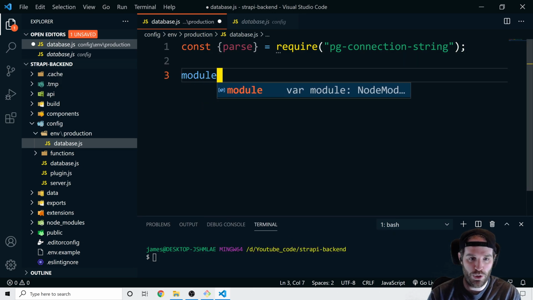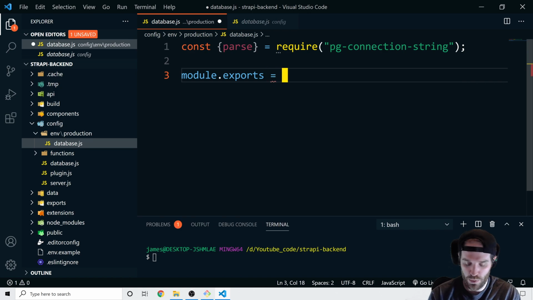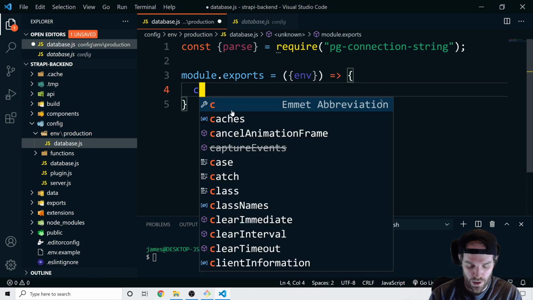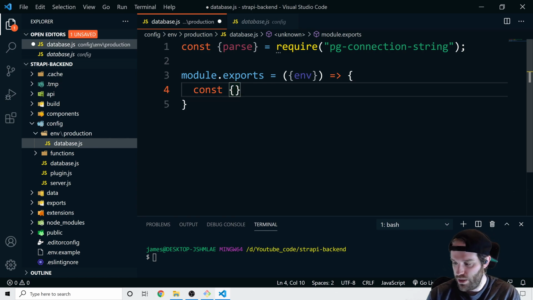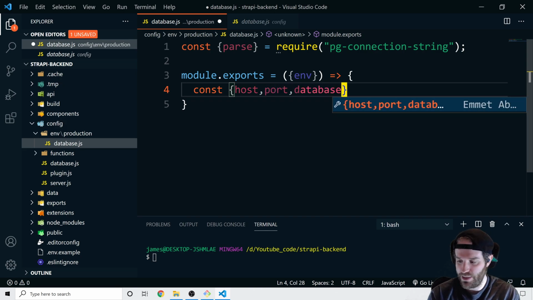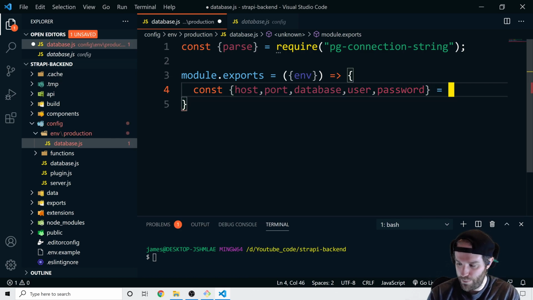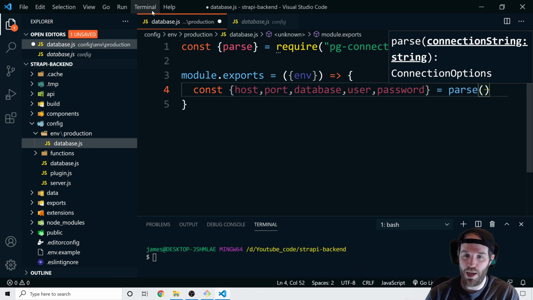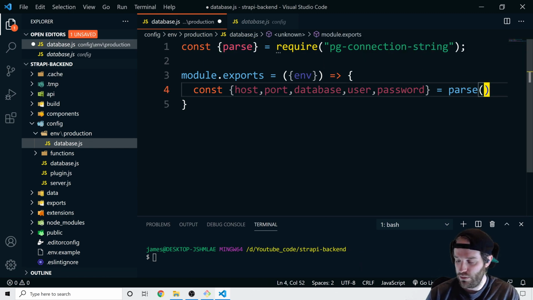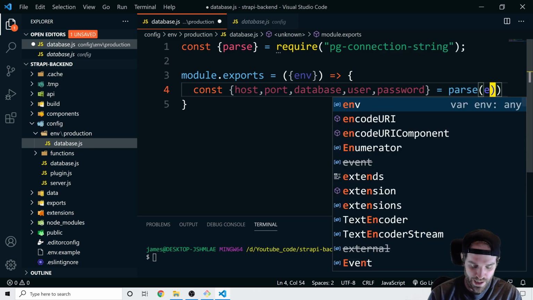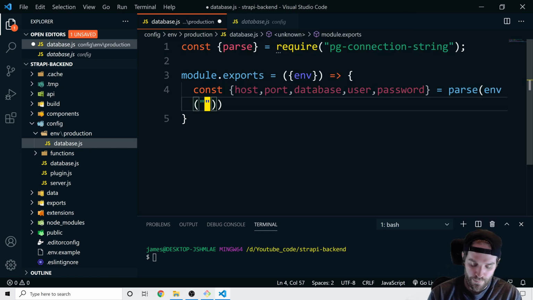Then we can do module.exports equals, and then we're going to pass in the env again. And then we're going to tell it exactly what we want to use. So we're going to use const, and we're going to destructure the environment database URL that we're going to use. So we need the host, we need the port, the database, the user and the password. And that's going to come from pass. So we're going to pass in the database URL. So it's going to be env database